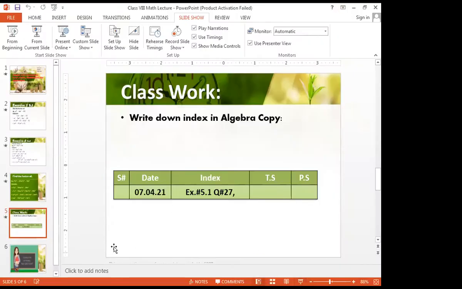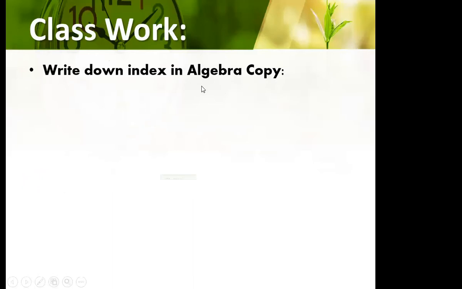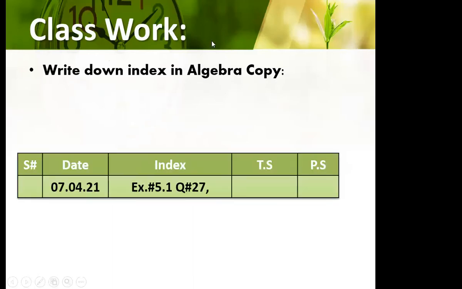Just a minute. Now kindly write down the index, everyone. Group B, please do not attempt this work.